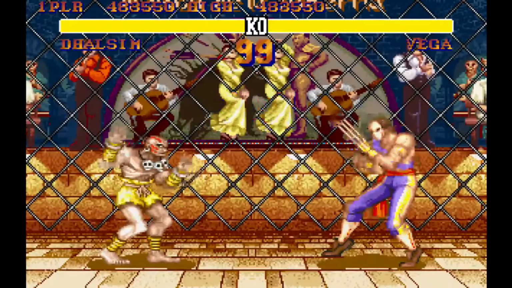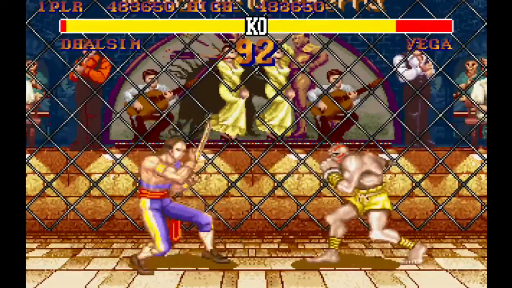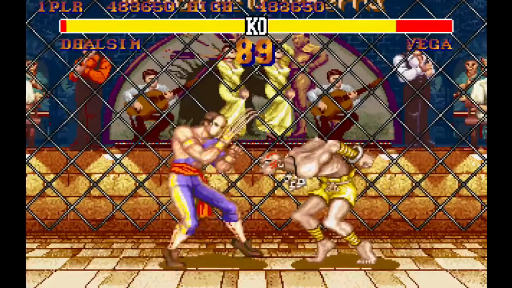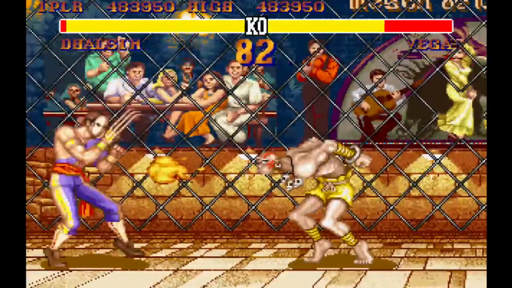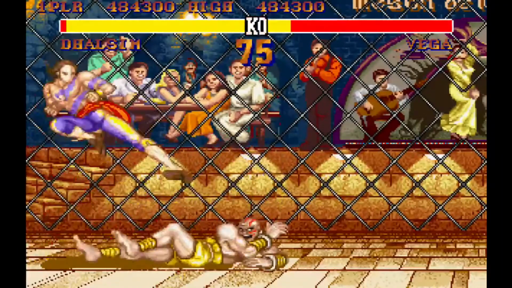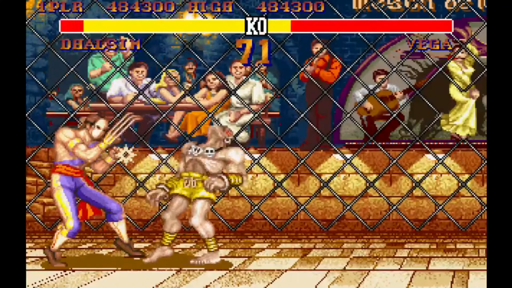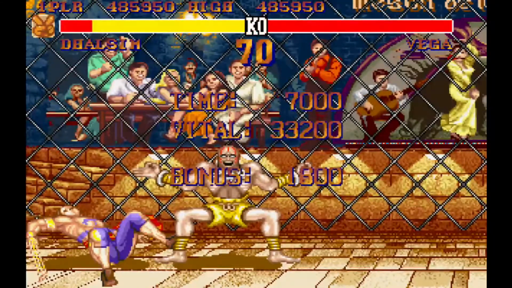Arriba! Oh, he got me with the cage climb. I used to love that when I was a kid, just the fact that he could climb up the cage and then just, like, jump down on you. Too bad, you know, making him a non-boss character sort of ruined that and sort of made him have to...